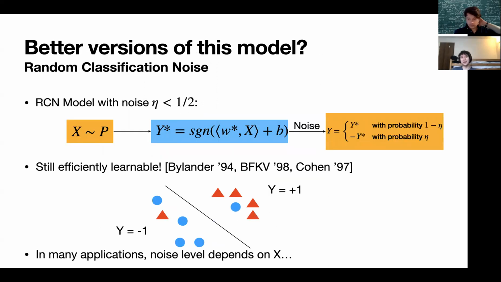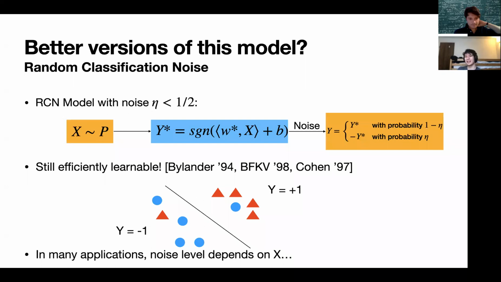So people have come up with many attempts to make this model sort of more realistic. Perhaps the most famous, or one of the most famous, is the so-called random classification noise model. And as you can see, the generative model is very similar to before. We have a data point X. We look to see which side of the half space it's on. And you can think that we generate an idealized label Y star based on that, which is the same as